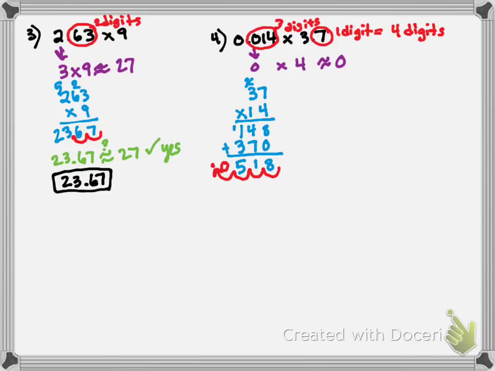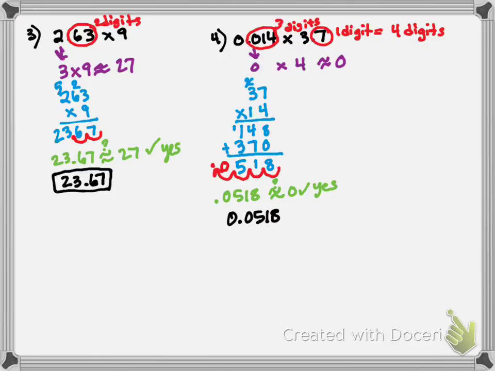So, here's my question. Is 518 10,000ths, is that similar to 0? And the answer is, yeah, that's pretty close to 0. So again, I feel pretty confident that my answer is going to be